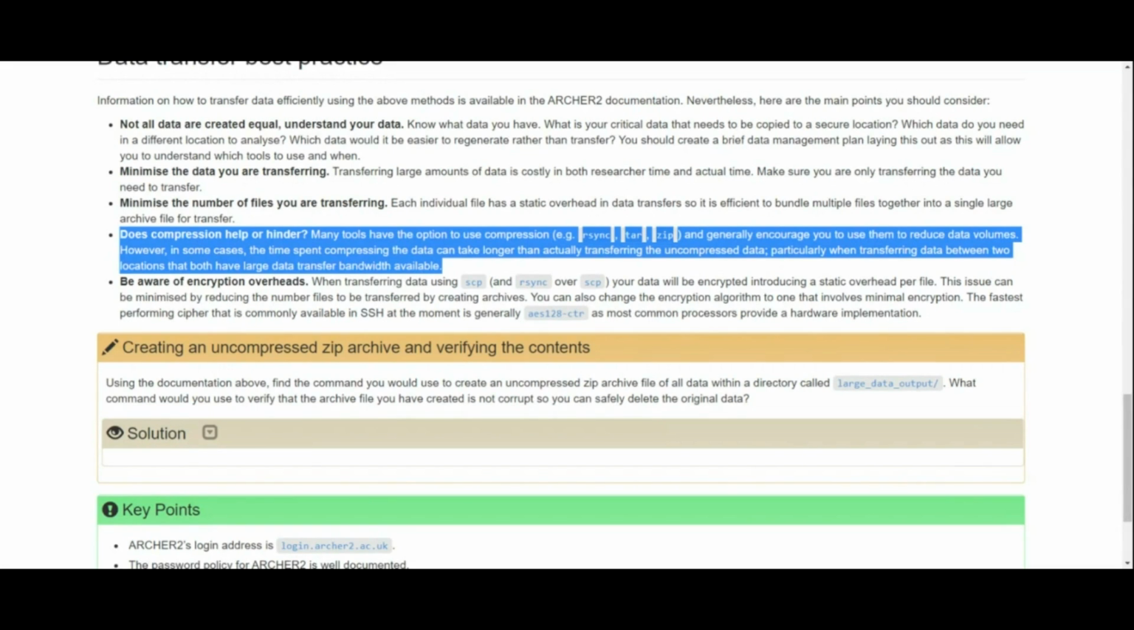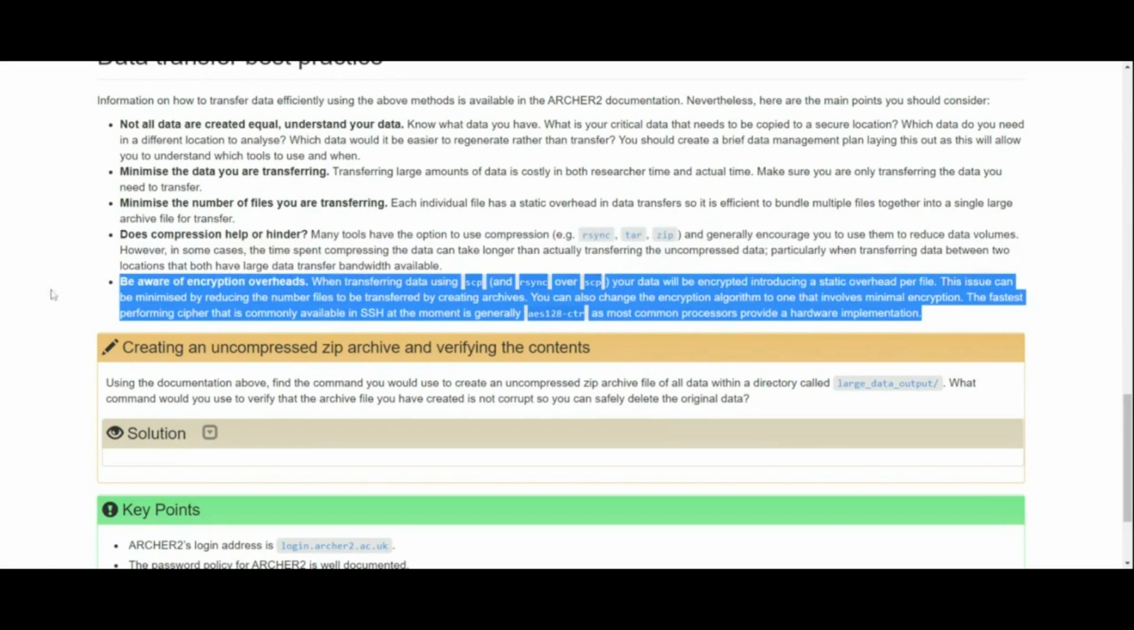And then the final thing you may care about is encryption overhead. One of the reasons that copying files between systems can be slow is that we're copying over a secure setup. So SCP or rsync has to do some encryption and decryption to move files, and that overhead is generally on a per-file basis. That's one of the reasons why having large numbers of files is problematic for performance. But you can also change the encryption algorithm to reduce the amount of encryption done, particularly if the files are not particularly confidential or